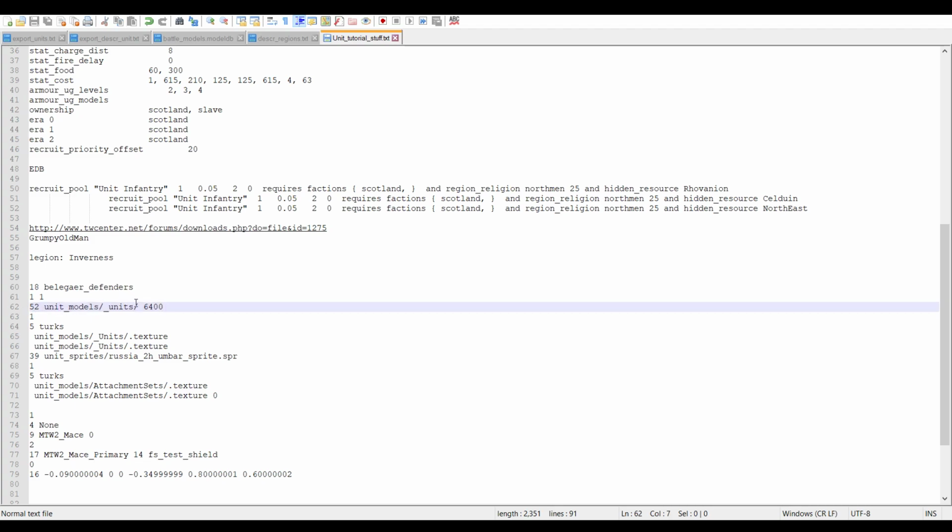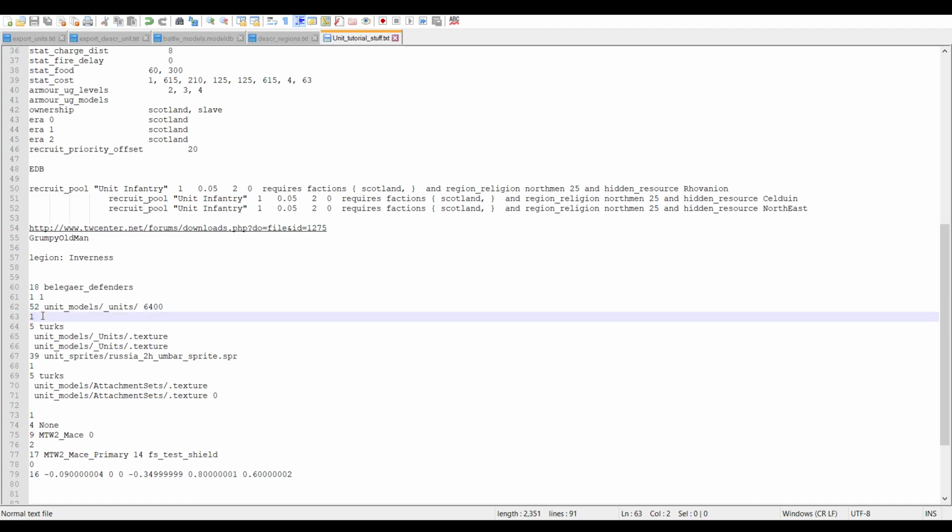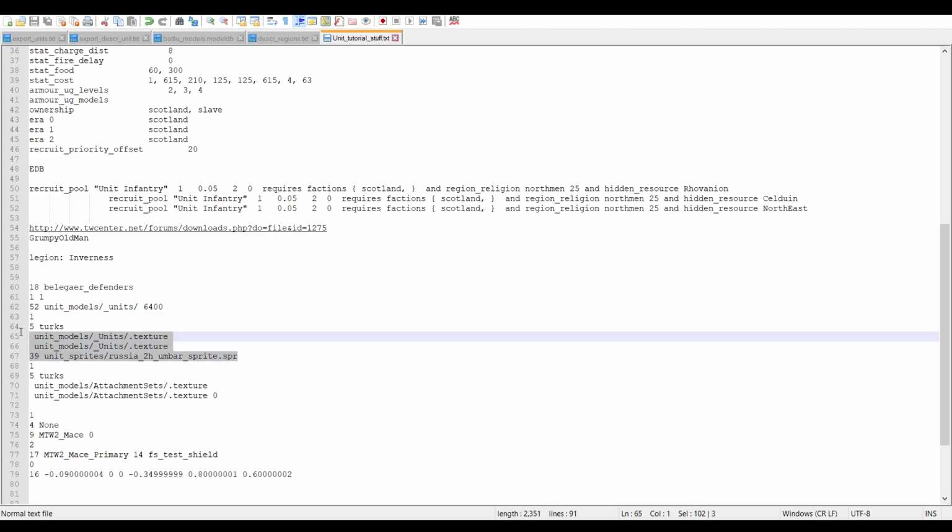You will have to know the number of characters, because if you do not put it in, it will crash your game, of course, but it will not crash instantly. It will usually crash the moment you get into a battle, because it is trying to access a texture and model, and if it doesn't have the right number, it is not going to match up, and it's not going to find it, so it's going to crash instead, because it's trying to find something that doesn't exist. Here it is 1 because there is only one texture